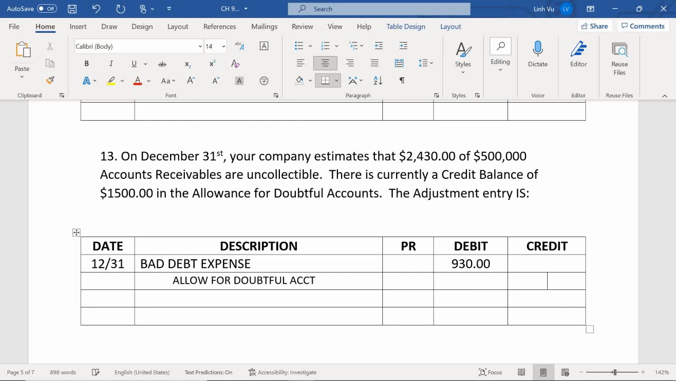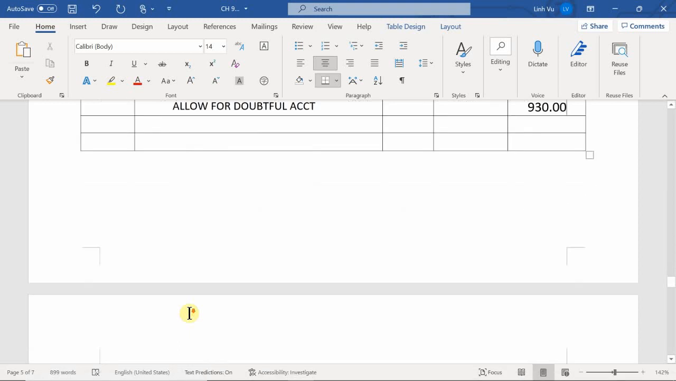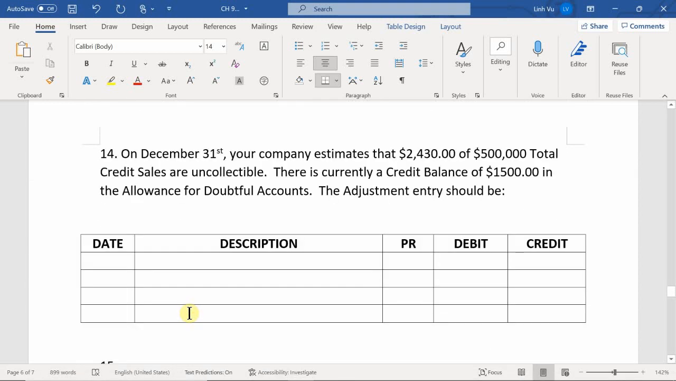$930. It's the difference. Correct. All right. So then, question number 10 says that on December 31st, the company estimates that $2,430 out of its 500,000 total credit sales is to be uncollectible. And there's currently a credit balance of $1,500 in the allowance for doubtful accounts. The adjustment entry will be